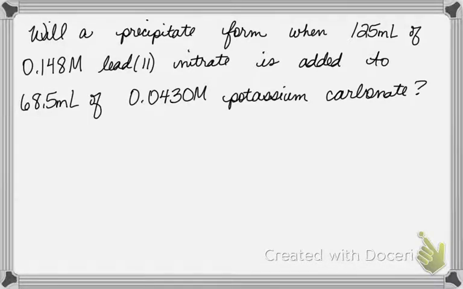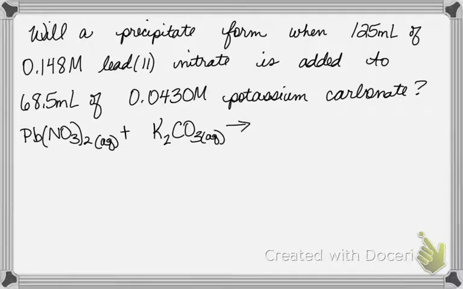Will a precipitate form when 125 milliliters of 0.148 molar lead-2 nitrate is added to 68.5 milliliters of 0.0430 molar potassium carbonate? All right, first of all, let's look at what the precipitate would be. And we know that if we take lead-2 nitrate, which is aqueous, and combine it with potassium carbonate,